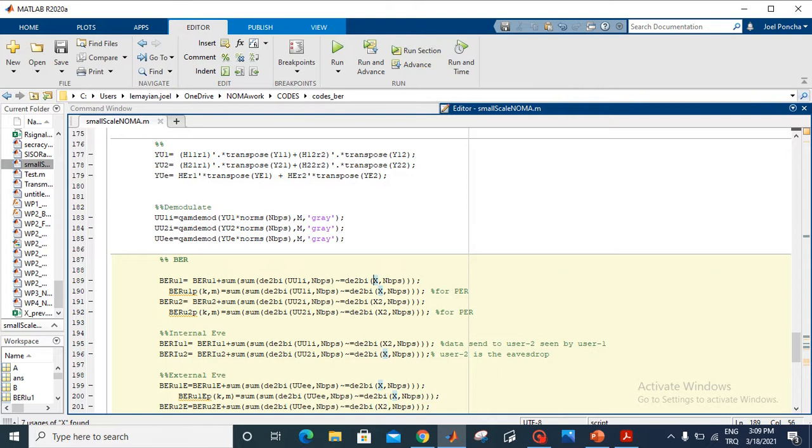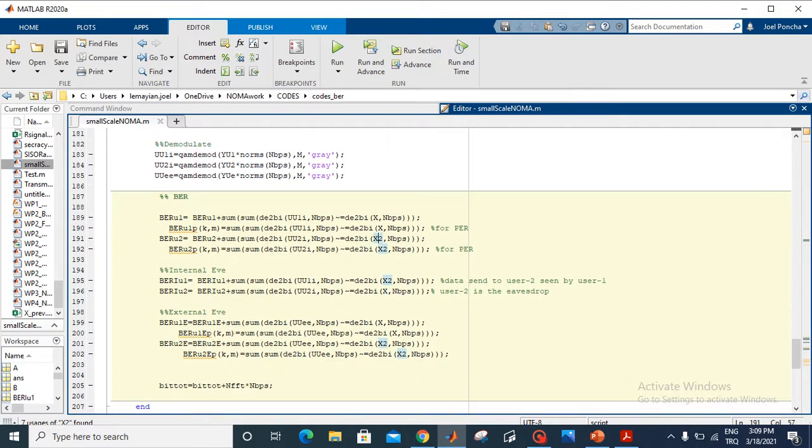And then we calculate the internal BER. We calculate the BER for user 2 as well by saying, the signal received at user 2, we compare that with the signal transmitted, which is x2, the signal that was originally transmitted for user 2. And we calculate our internal BER by saying that, okay, the saved signal at user 1, how many signals,